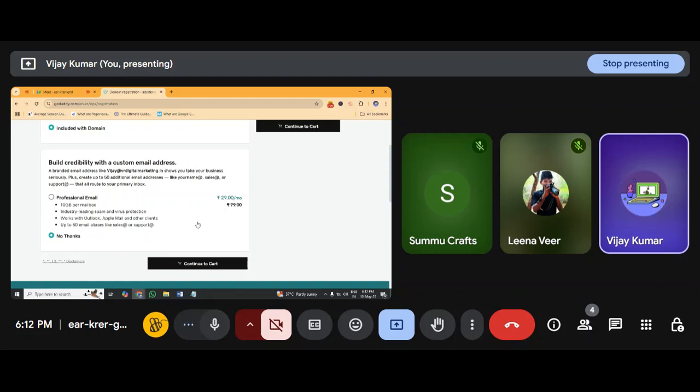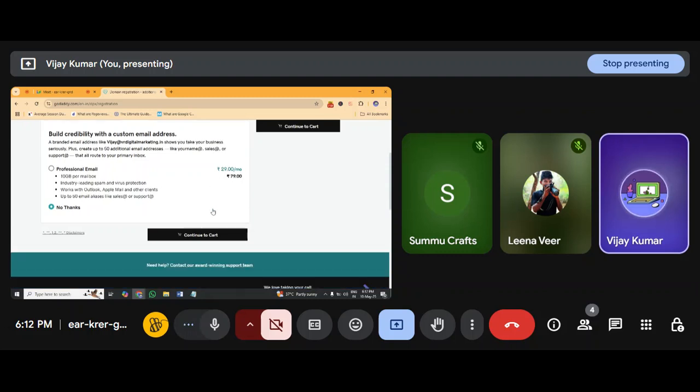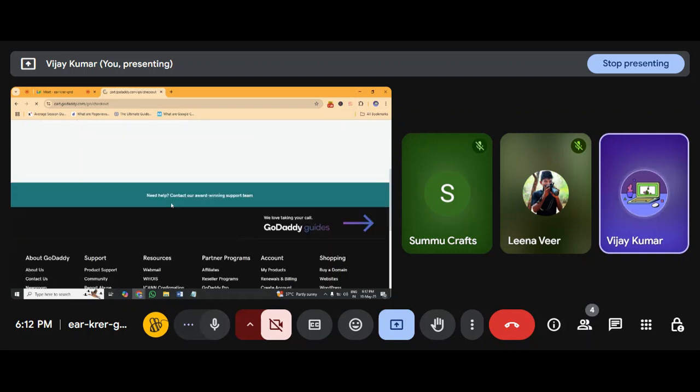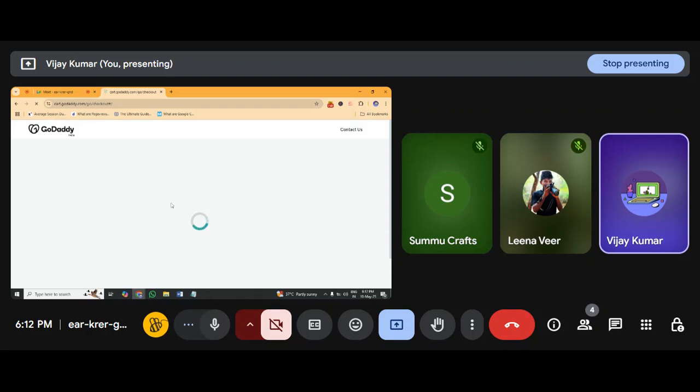If you want to go for extra emails, this is the price for each mail. We are not seeing that now, later on we will see. So instead of that I'll continue. Now we can see the,